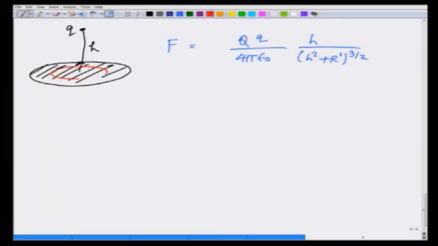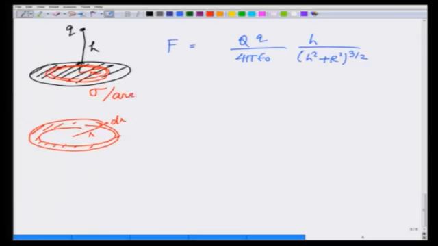So, let us take a ring of radius r, width dr, and if the disk carries charge sigma per unit area, then on this ring the small differential charge dq is going to be sigma times 2 pi r dr. 2 pi r dr is the area of this ring, and therefore, the force due to this small ring,